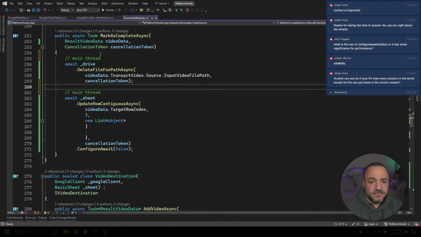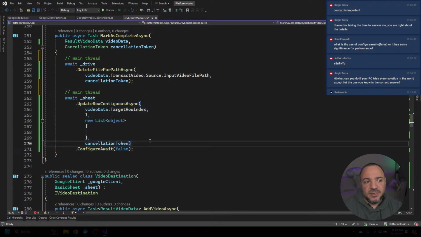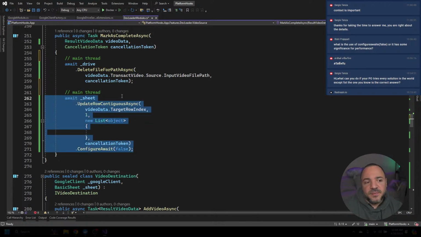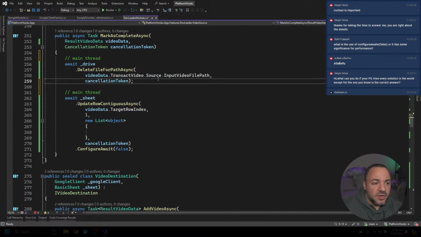Sometimes this is really important for user interface applications, because if this code was about to update the user interface, you would really want to make sure that this was still running on the main thread. If not, you would get a cross-thread exception that would crash your program. So you need to make sure it comes back on your main thread for a user interface update. If it was still more background work, you might not care. So, oops, let me put that back. If you put ConfigureAwait in,